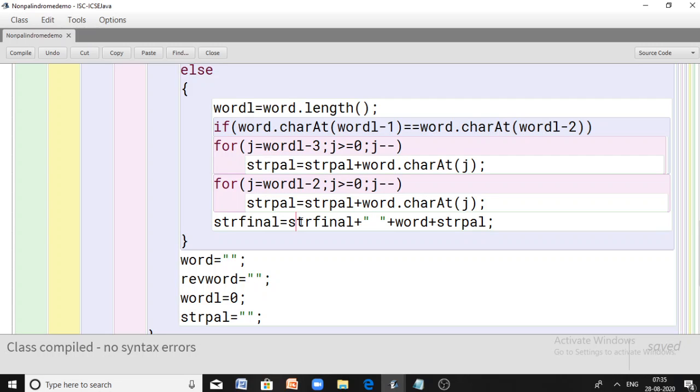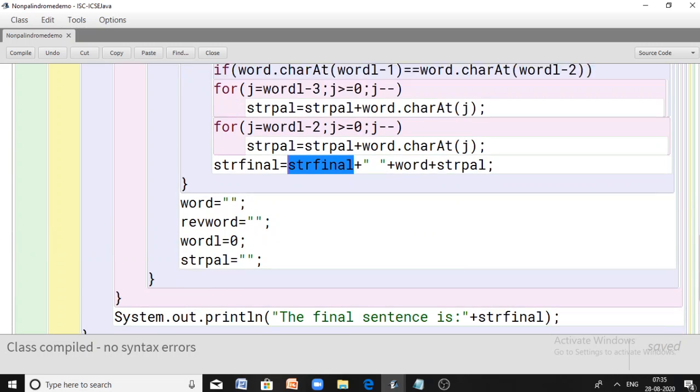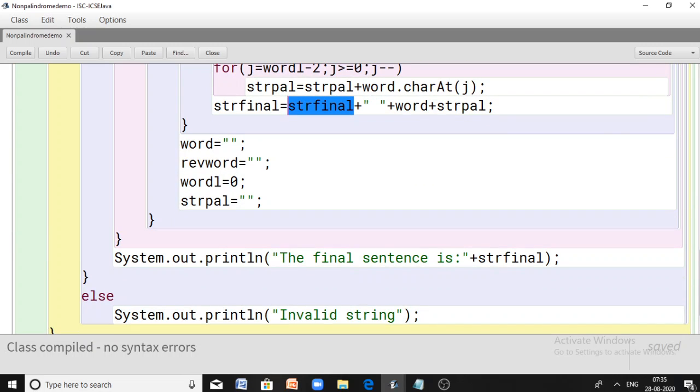And now what we are doing is we are taking the concatenated form of the word with its reverse, and we are having a white space in between, and we are attaching it to strfinal, right? So here the reversed word strpal, all are made empty.